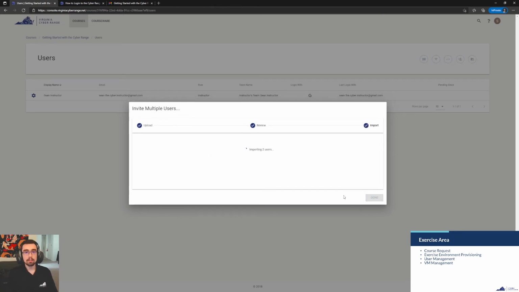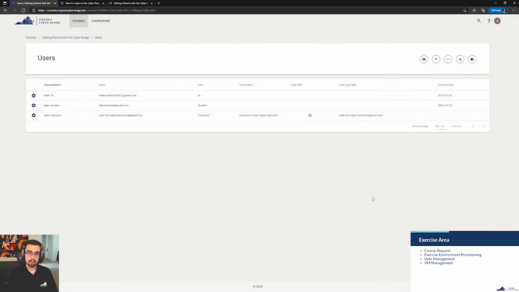What this is going to do is add them into our users page, and it's also going to send out email invites to each of the users that we're adding. So it looks just like that. Then your users will just have to click on the invitation link, much like when you create a new instructor account. The students are just going to need to click on that invitation link and sign right up.